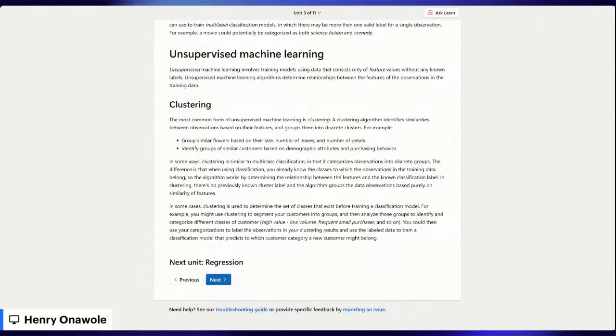Now, let's talk about clustering under unsupervised machine learning. The most common forms of unsupervised machine